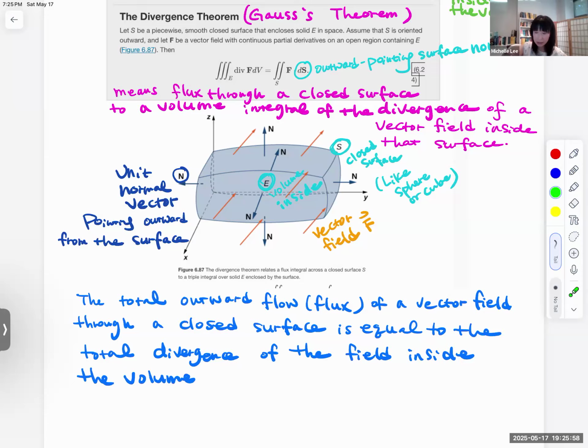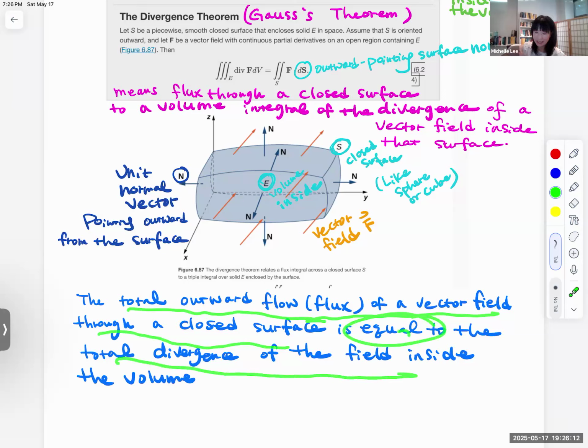In other words, the total outward flux of the vector field through a closed surface is equal to the total divergence of the field inside the